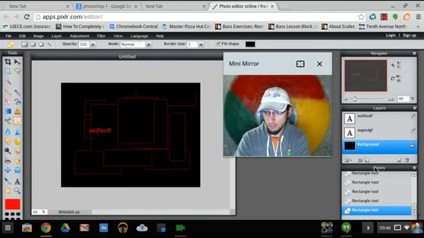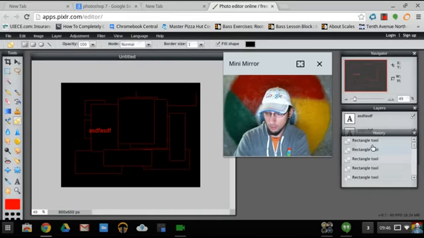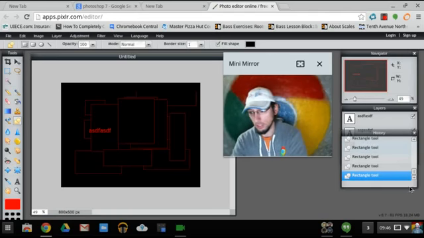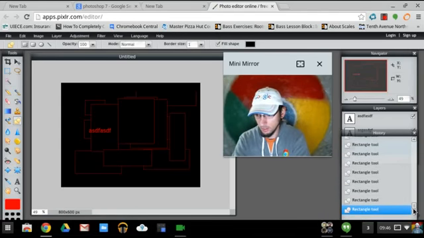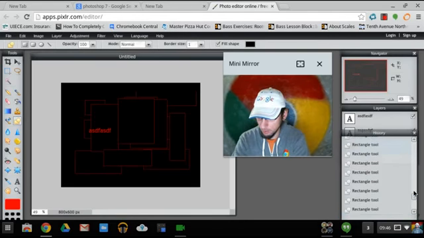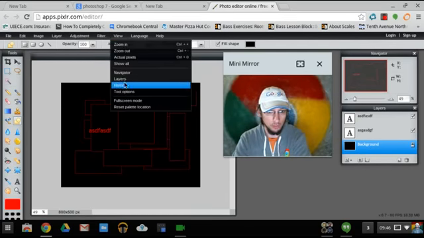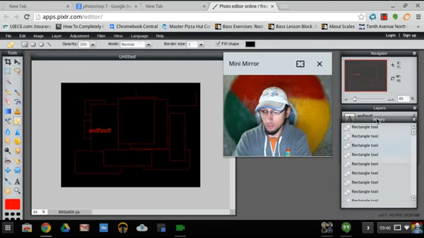Now you see, I can no longer go back to when I added those text layers or when I opened the new image. So it doesn't remember a ton of steps. This right here is about all the steps you can go back. So just be careful. I'm not sure where my history went. Let's bring it back. But it's a handy little tool for being able to go back 10 or so steps